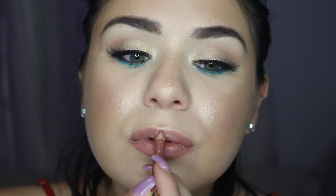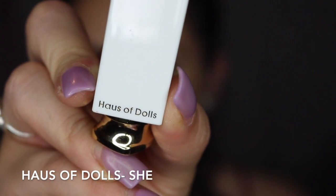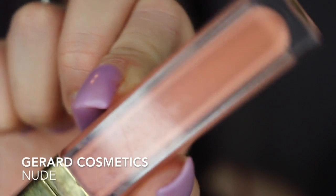Alright, so now we're moving on to the lips. For lip liner, I'm going to use Soar by MAC, and this is a shade that is kind of similar to my lip color. I usually tend to choose those colors when I do lip liner. Doesn't matter what kind of lip I do. So after I've applied the lip liner, I'm going to go ahead and apply lipstick. For lipstick, I'm using She by HAUS. Over top of the lipstick, I'm going to go ahead and apply this nude shade,